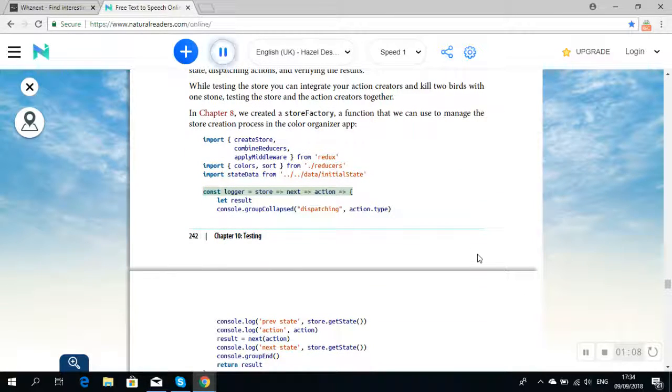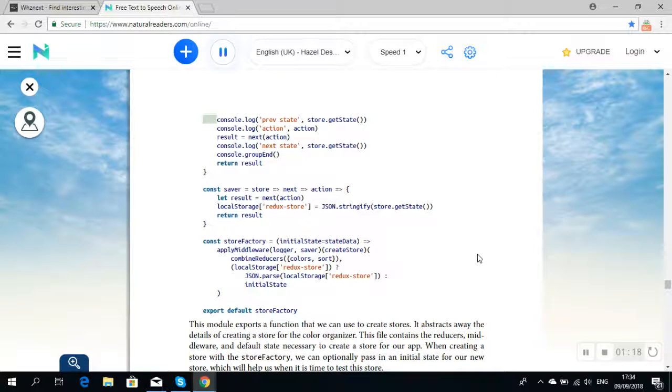const logger = store => next => action => { let result; console.groupCollapsed("dispatching", action.type); console.log('previous state', store.getState()); console.log('action', action); result = next(action); console.log('next state', store.getState()); console.groupEnd(); return result; }